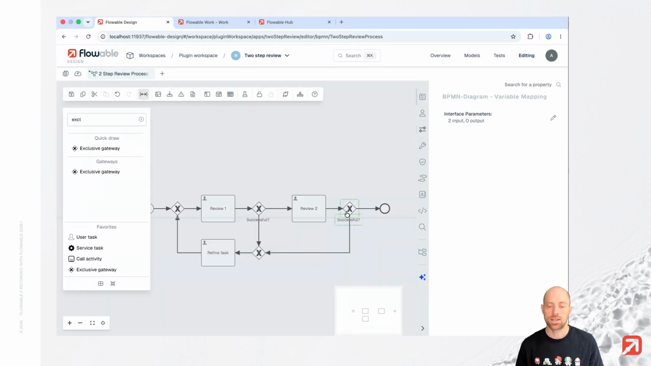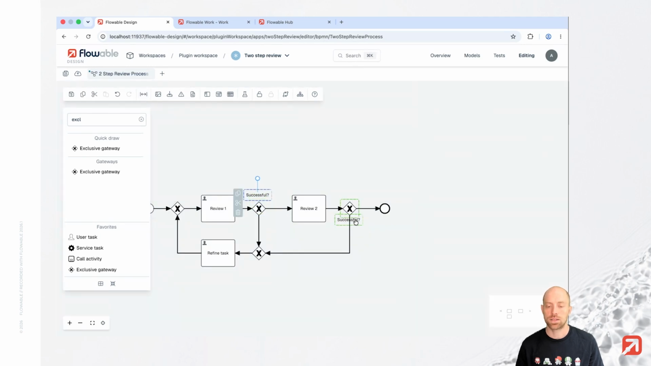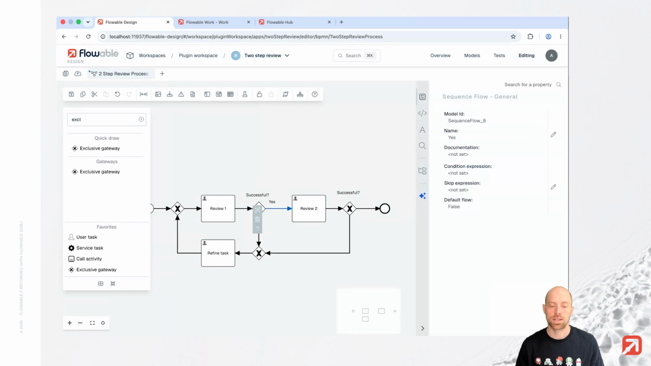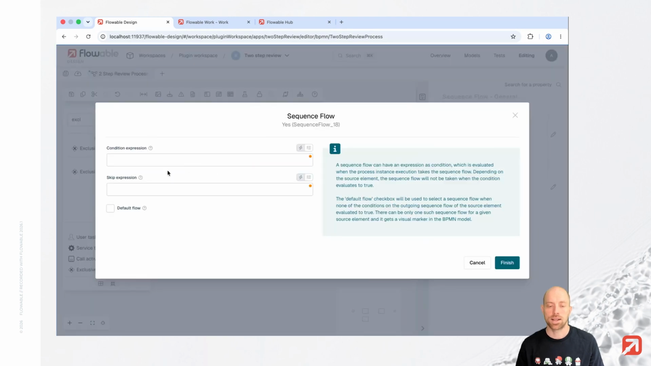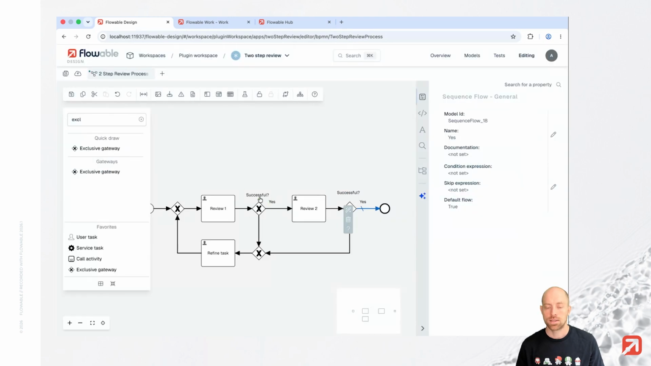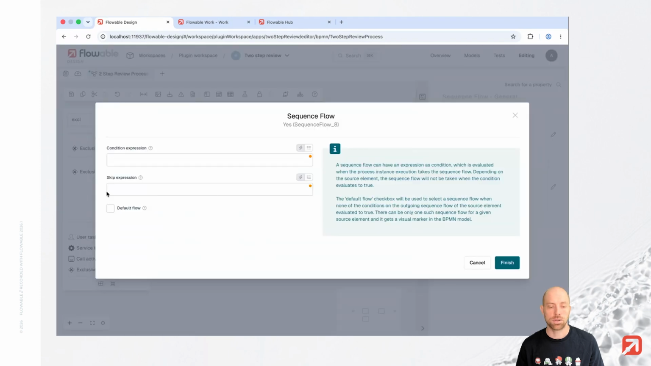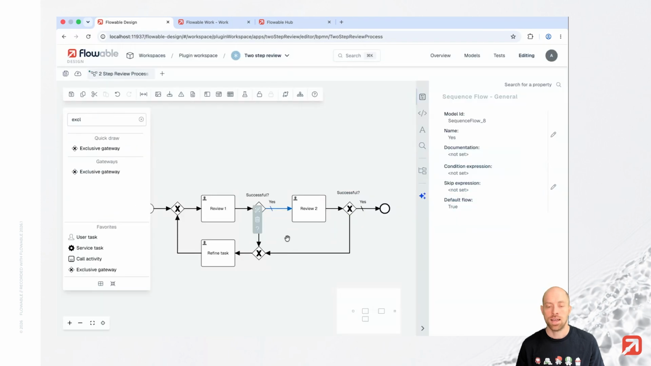So in case the review was successful, then we would like to just proceed to the next review. So then we have this one, which is yes, and this one, which is also yes. And we are going to make both of them actually the default flow. So here, nice and simple, just selecting default flow. And in case it wasn't successful, which is no, that is the way down here, then we are going to